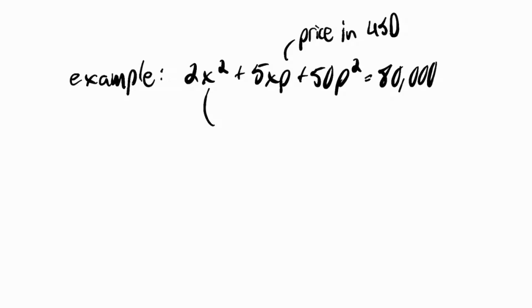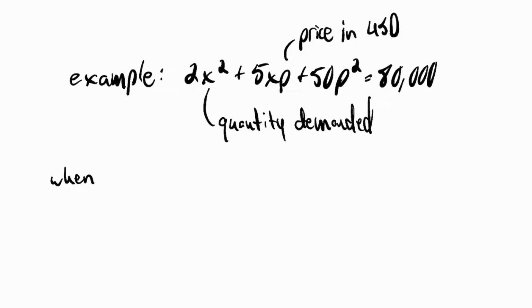I don't think this needs to be in thousands. I think we'll just go with quantity demanded. Let's say this is like per month. On a monthly basis, this is how many are demanded. So when the price is 30, so $30,